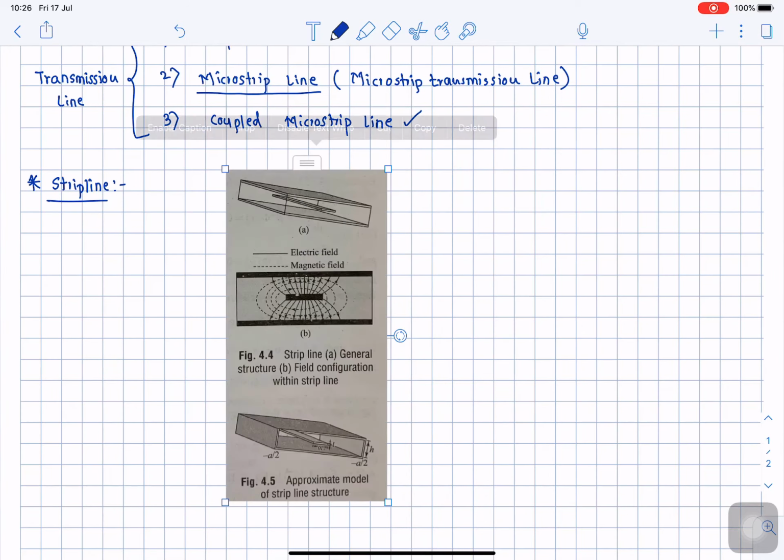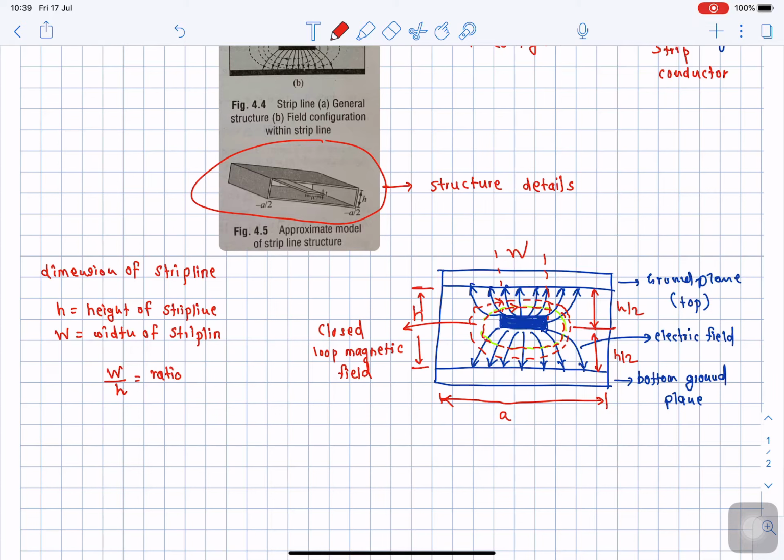Okay, so please always remember when we see the formulae to calculate the width and height and to calculate the characteristic impedance, we always need to deal with a ratio of width to height. So W by H is a very important term in order to calculate the characteristic impedance of strip line. W by H is a ratio, and this ratio is used to calculate characteristic impedance given by Z0. The formula we will see right now.